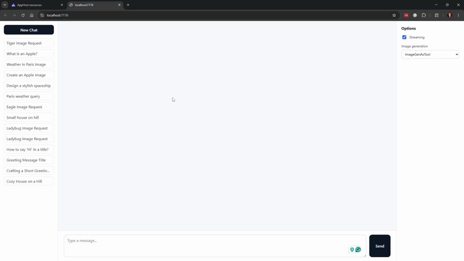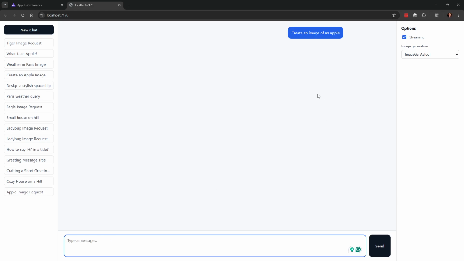So we can go in and do the normal things. So we can just say create an image of an apple. So now it will do a tool call with a create image, and you can see it turned it out based on this to choose itself what the prompt should be.